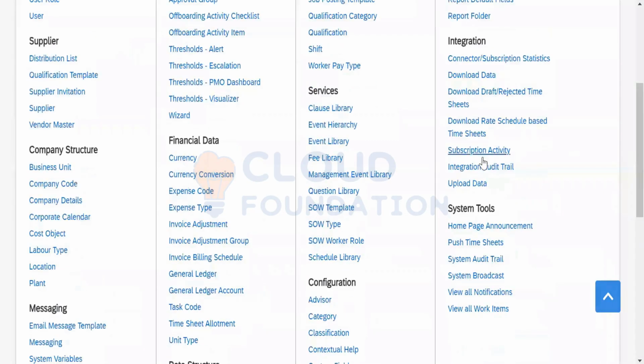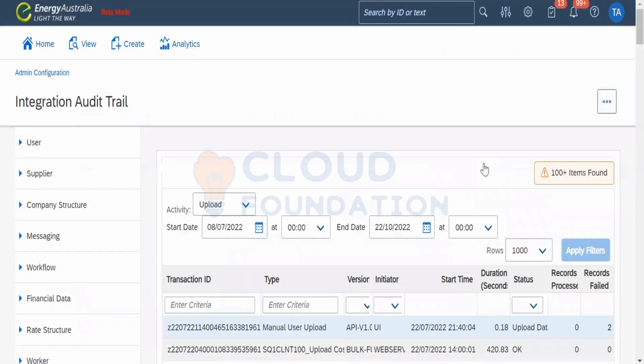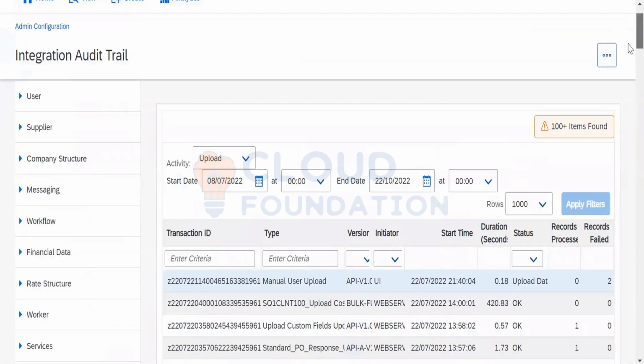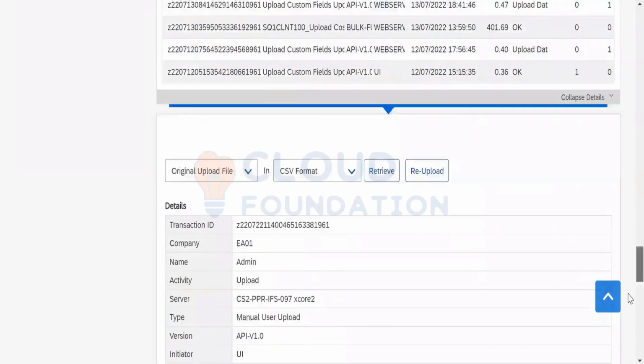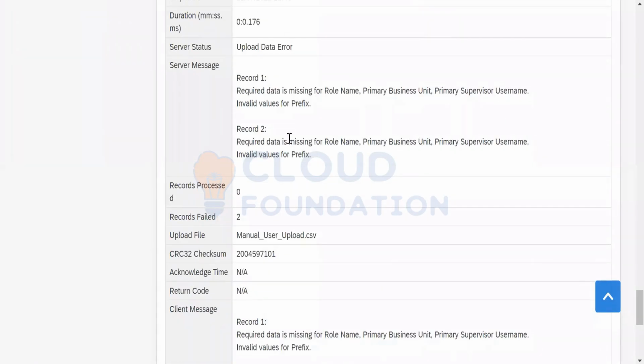I can go to the integration audit trail. This is the place where we check whatever we do. That's it. We see the upload. We see the upload data error. Two records failed. I'll go down and see what exactly is required.